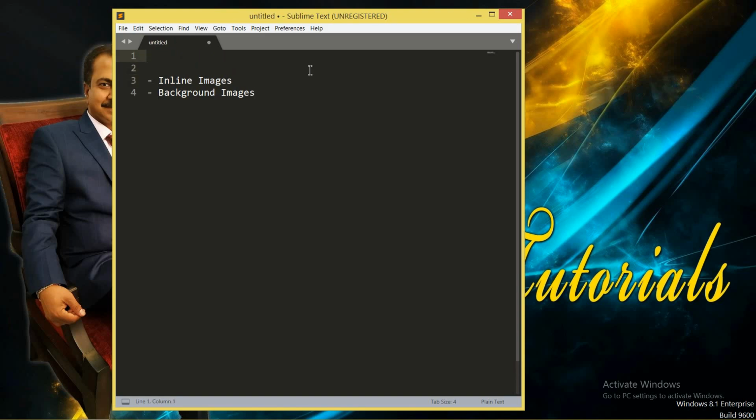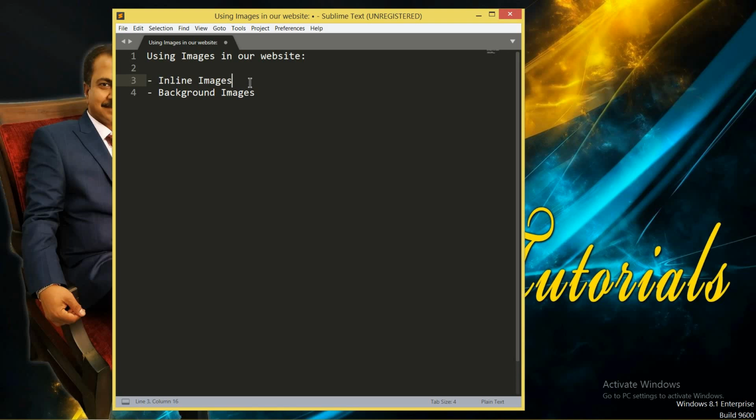Here we are using images in our web page, or website. This is our topic. The first is inline images and the second is background images. Now what are inline images? Inline images are those images which you can set onto the web page, meaning they can be wrapped with the text.